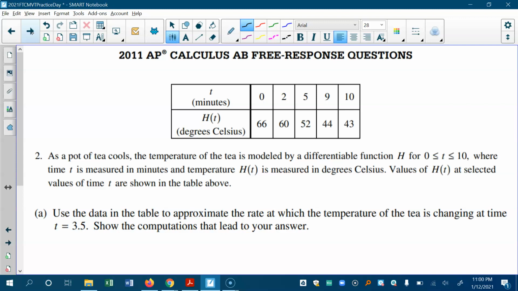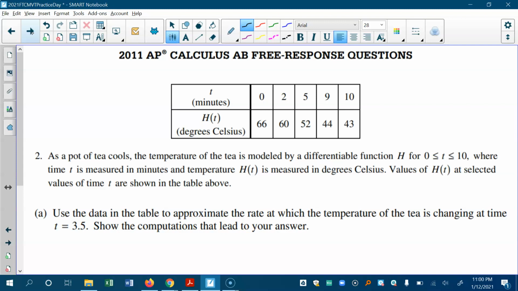And by the way, if you'd like to pause now and try these problems on your own and then watch and see how you did, that's fine as well. Number 2 says, and it's from 2011, as a pot of tea cools, the temperature of the tea is modeled